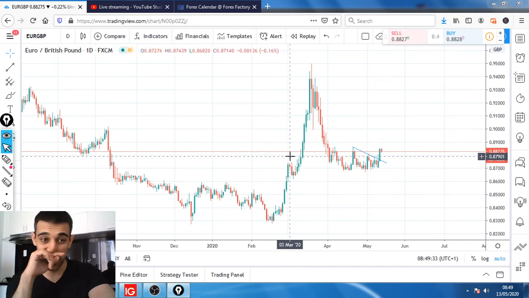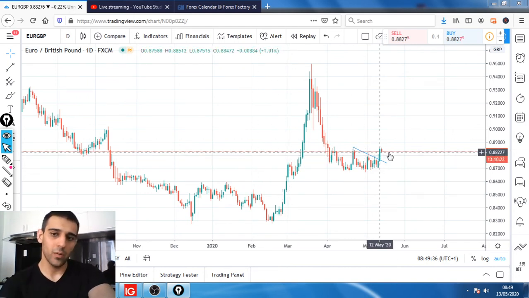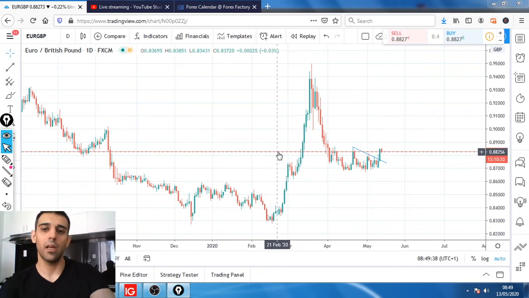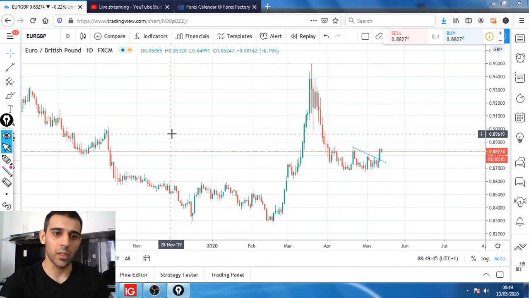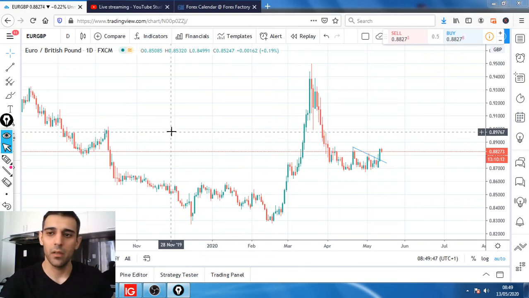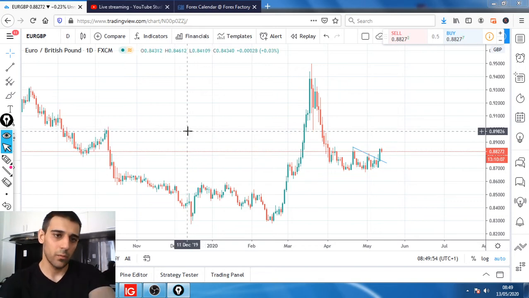So 88.10, depending on how it's going to come down, and then we would be looking at about 70 to 90 pips. But be mindful of the target. You do not want to have much more than 90 pips, because the risk reward is going to be not as good. For the risk reward, it's going to be at 89.85.